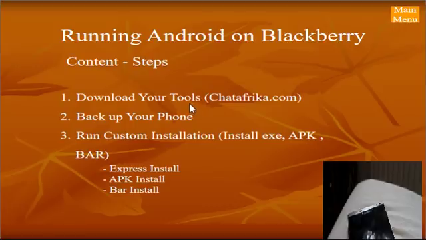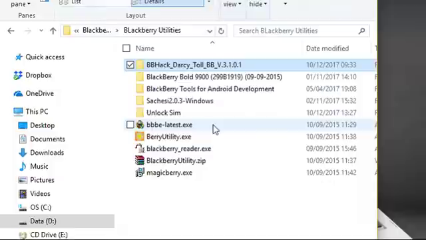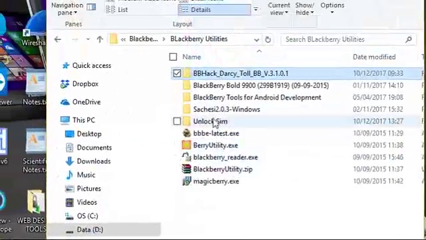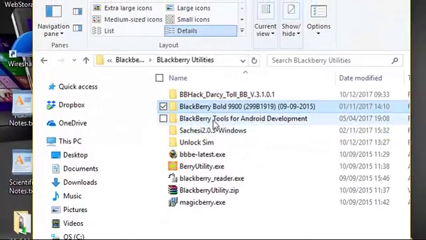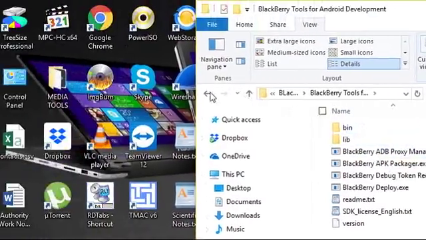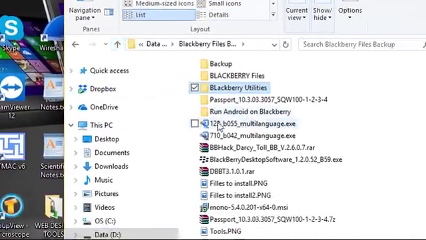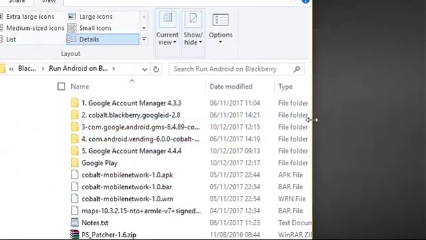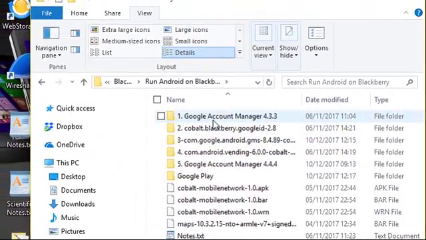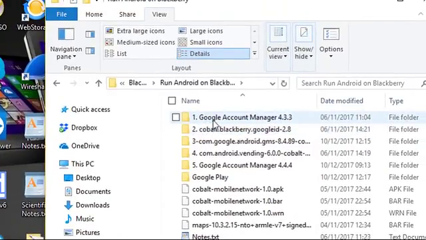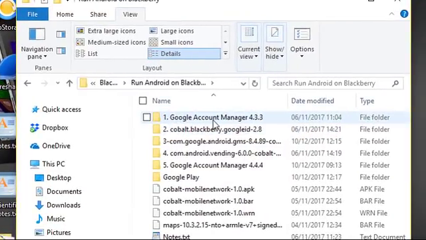and I have labeled the files according to the order in which it needs to be installed. For example, I'll go up a step. Right, this is what I'm talking about. Now you would see Google Account Manager. That's the first one that you would deploy,